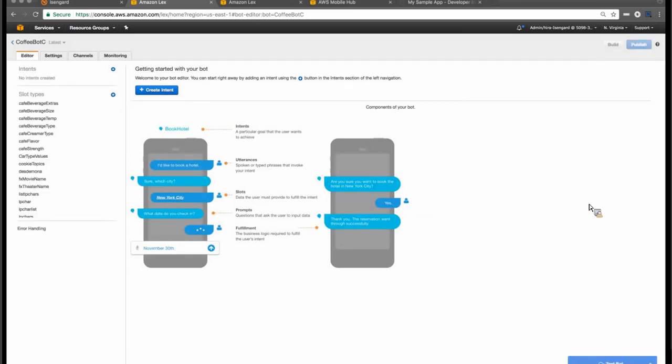So when we first get started with a new bot, we wind up at the editor. And as you can see, the editor tab is one of several on this console. There are a number of other things you can do here, but let's focus on building our intent. As we just said a minute ago, we're talking about intents that relate to utterances that then use slots, and slots that can have potential slot values that you can use to help Lex find the right values.